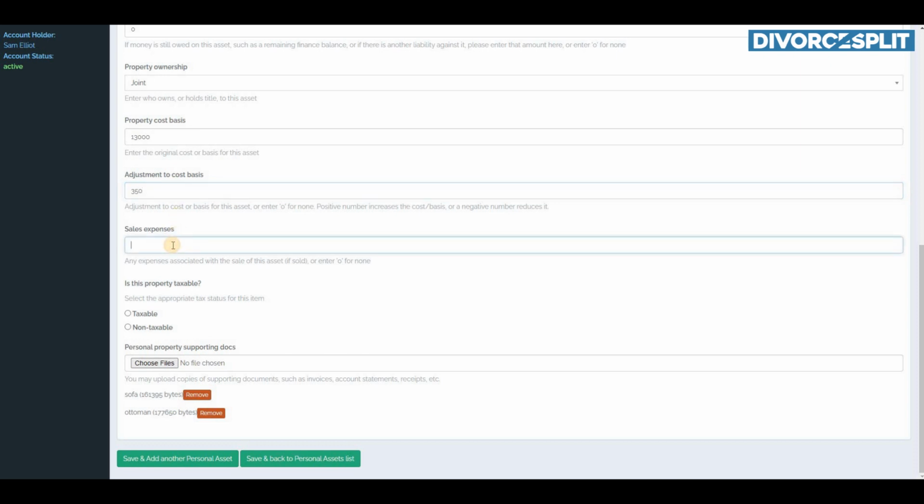Enter any sales expenses, such as advertising, incurred in the sale of this property. Specify if this item will incur tax. If unsure, consult with your CPA to determine if this property incurs tax. It is important as it will not only affect the tax calculations, but also the end result and proceeds of